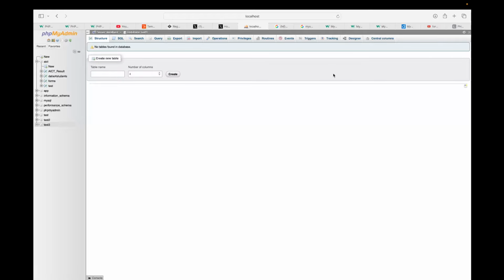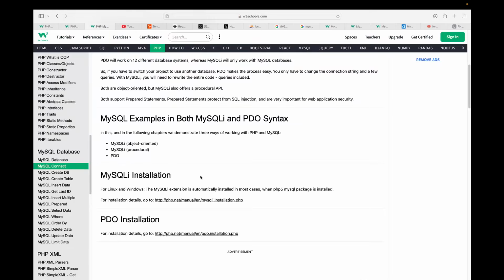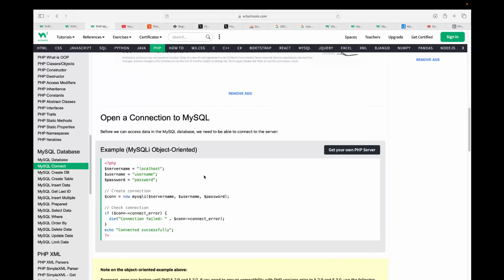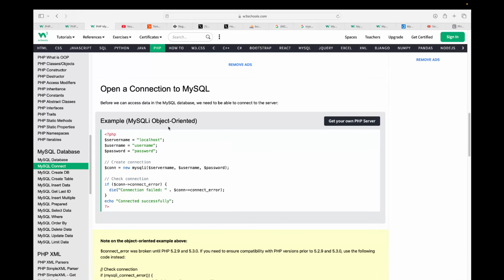Now, what's the first very important thing? I want to connect to my database. For that purpose, the first thing I have to do is connect using some username or password or something like that. Whenever I want to use a username or password, remember one thing: inside PHP, I have to first of all make a variable name, and inside it,